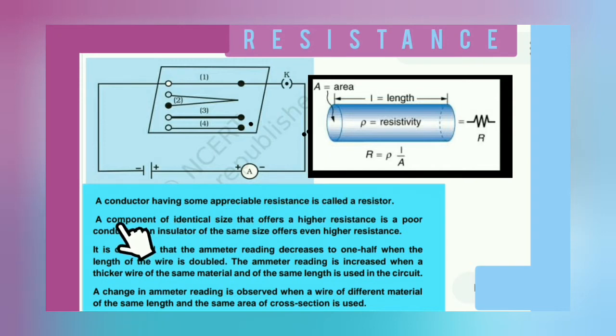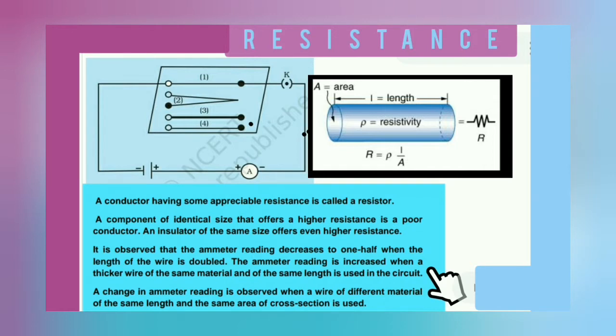A conductor having some appreciable resistance is called a resistor. A component of identical size made of a poor conductor offers a high resistance. An insulator of the same size offers an even higher resistance. It is observed that the ammeter reading reduces to half when the length of the wire is doubled. The ammeter reading increases when a thicker wire of the same material and the same length is used